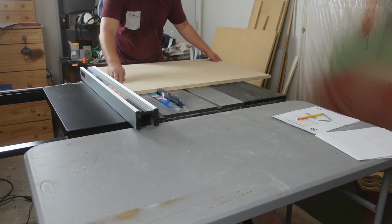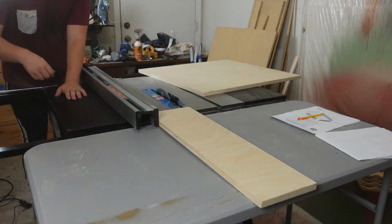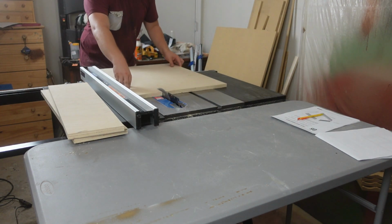Okay, so we muscled past that, and then we were on to the next challenge, which was creating the drawers. After we made all of those cuts for the body using the circular saw, that was when we finally got our new table saw. So with the table saw, making the drawers was a breeze. We cut all the pieces of wood, everything was perfect. No guide moved or anything like that. It was really nice. But some things that might be muscle memory, or something most woodworkers don't even have to think about at this point